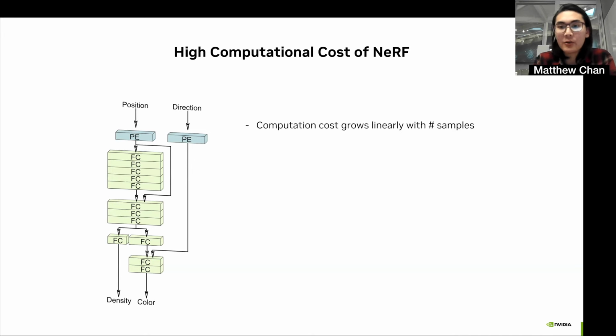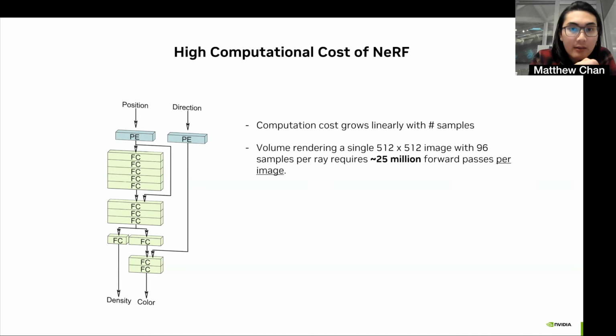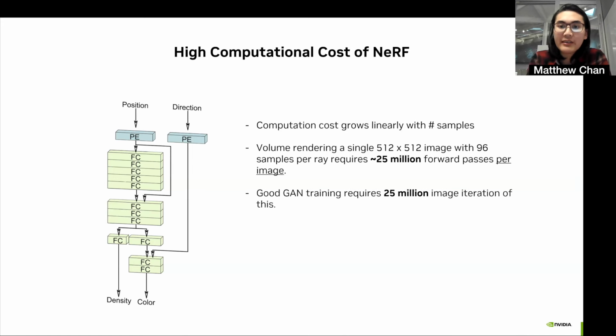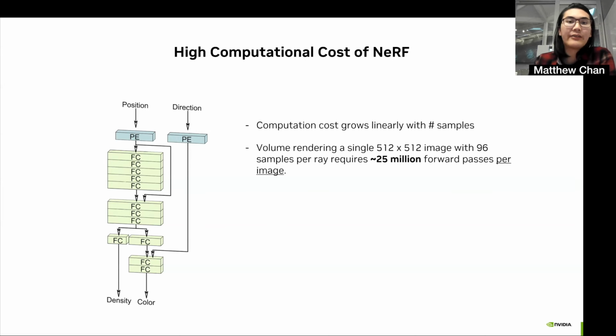Per image in order to achieve high quality, we ideally want to render every ray, and per ray we require at least 96, but we'll round that to 100 samples per pixel to prevent undersampling the volume and introducing noise. This leads us to the aforementioned 25 billion evaluations of the MLP per image.